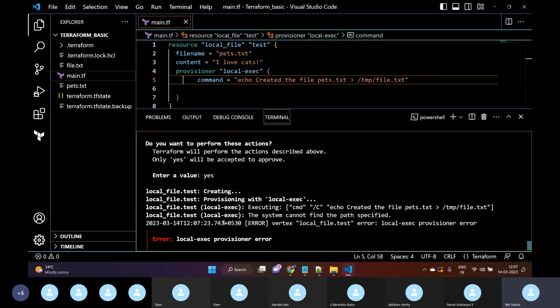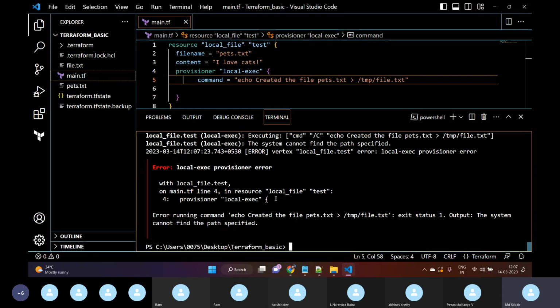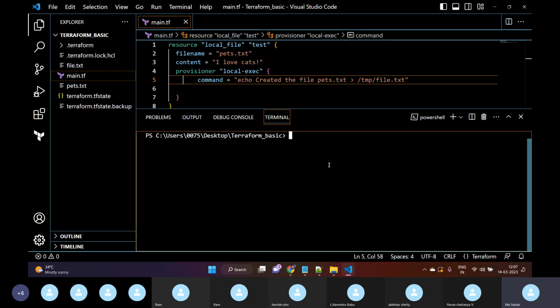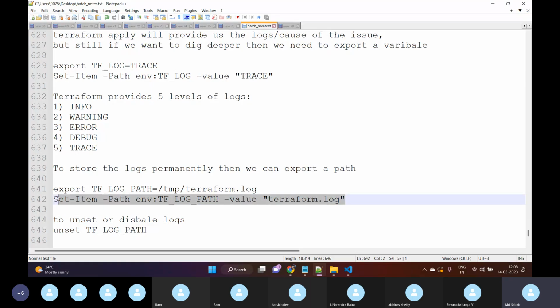So these are only temporary if you want to see only at the runtime. For example, if you want to store this permanently, if you want to store your log files permanently, then in this case we can use the same variable, but the TF_LOG_PATH variable needs to be used. Okay, so let me copy this,